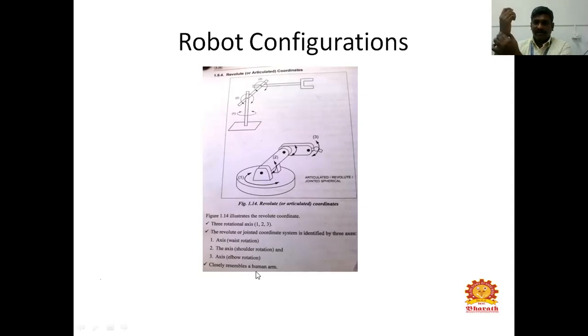Okay, the wrist position, so it's rotational, and the elbow joint and shoulder. So it resembles the human arm. This is a robot configuration. Next,